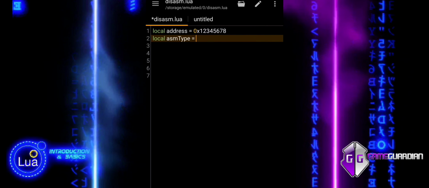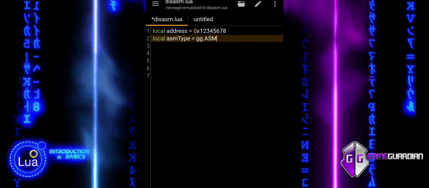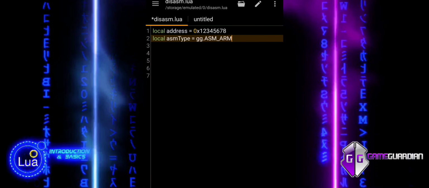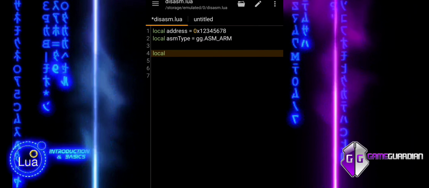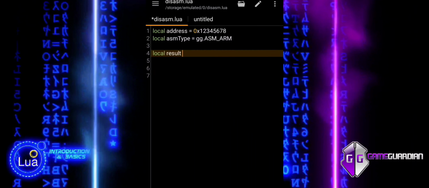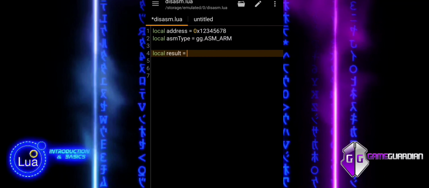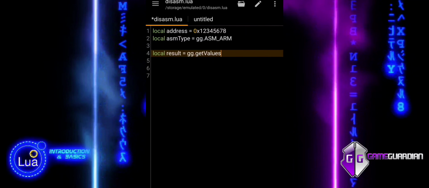The first line of code defines a variable called address and assigns it a value. The value represents a specific location in the memory of the device or application. Memory addresses are usually given in hexadecimal format, starting with 0x. In the context of GameGuardian, this address is where the machine code or binary data you want to examine is